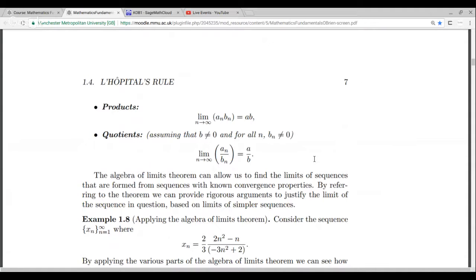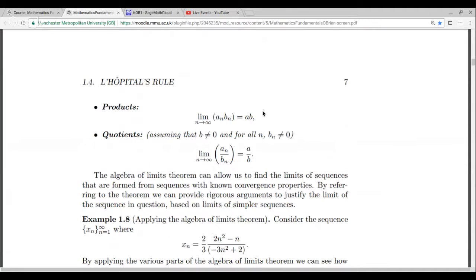The theorem tells us that this new sequence is also convergent. And what limit could it have except for A times B? So you form a new sequence by multiplying together corresponding terms of your two sequences, and the limit that this new sequence has is indeed the product of the two limits.